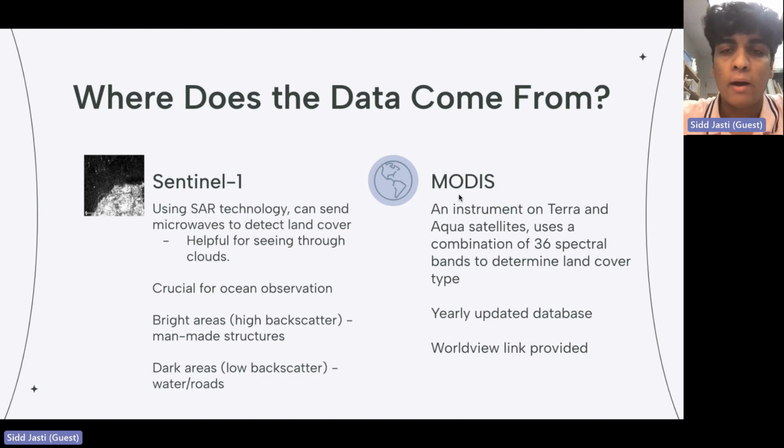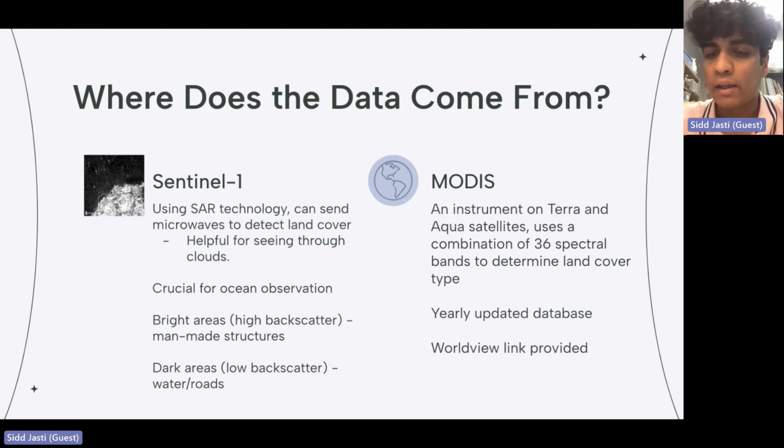And then with MODIS, this is our unique data, since it's not really an image; it's more of a description. MODIS is an instrument on the Terra and Aqua satellites. It offers 36 spectral bands, and we're just using a combination of a few to determine land cover type. Like the user describes a land cover code, whether it's grasslands, urban, forest, water, etc., MODIS can do the same thing from the sky.